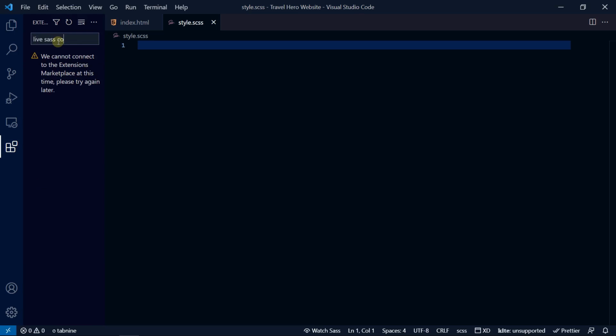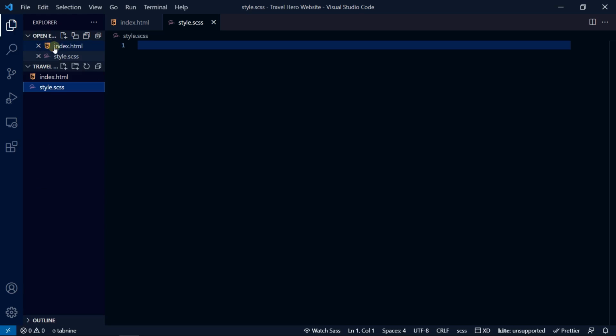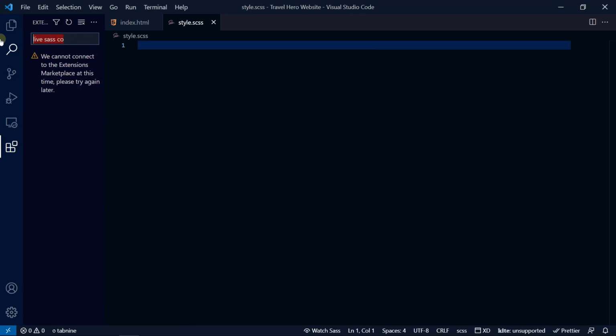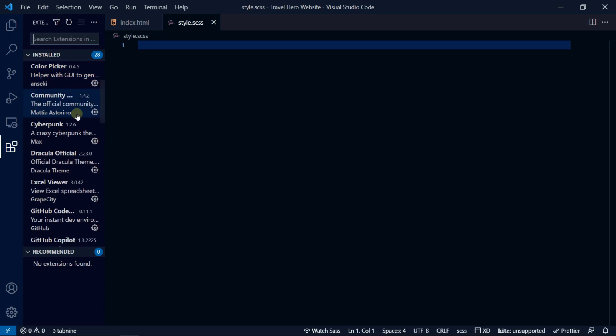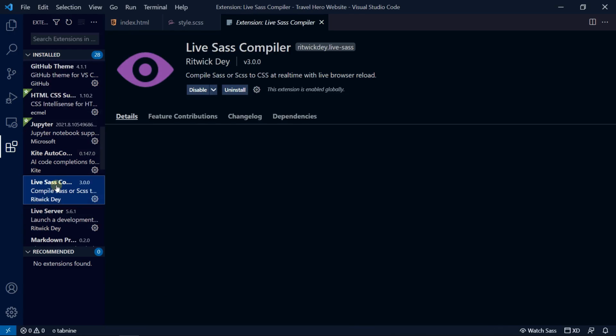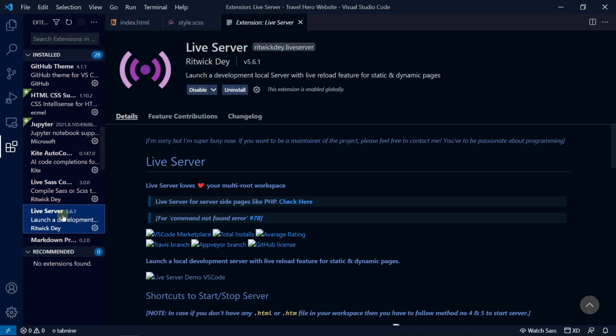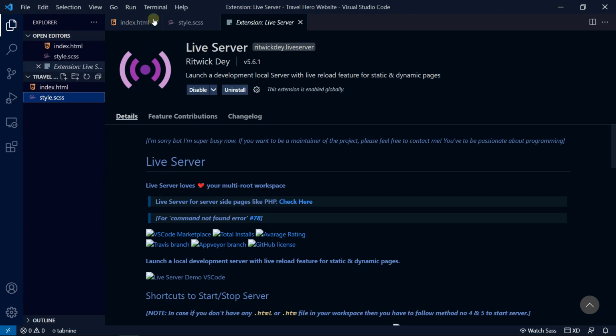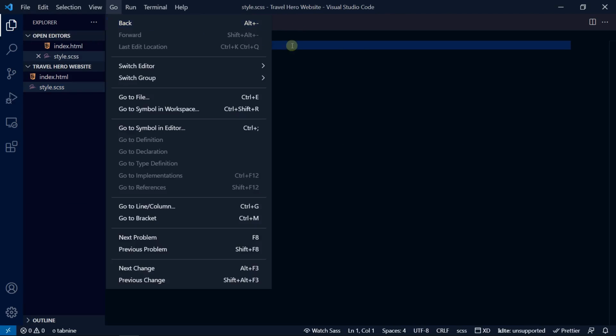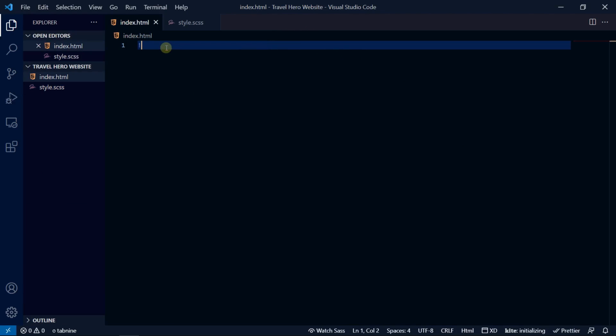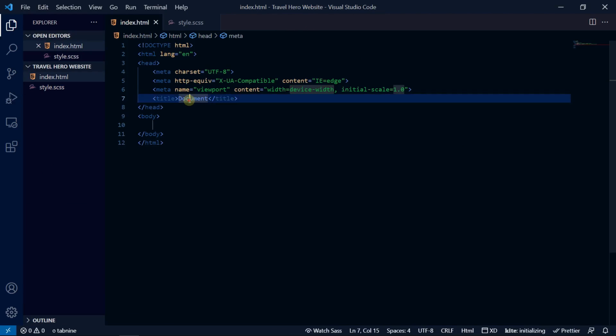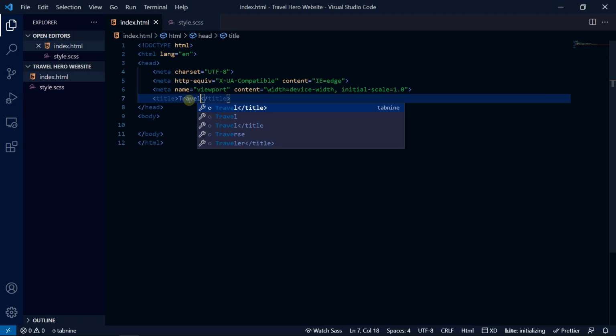Okay, my internet is not working currently, but you can type Live Sass Compiler and Live Server. These two extensions will help you to work smoothly. Okay, so this is Live Sass Compiler and this is Live Server. So let's close that, and let's do this, and type travel hero here,